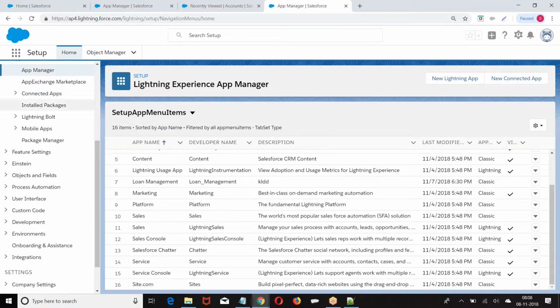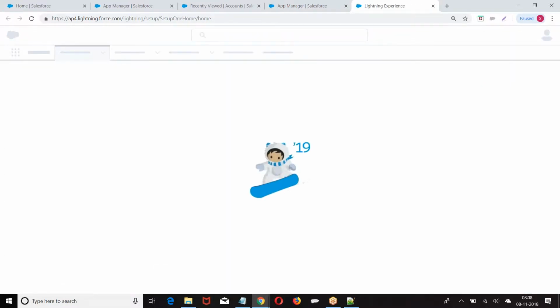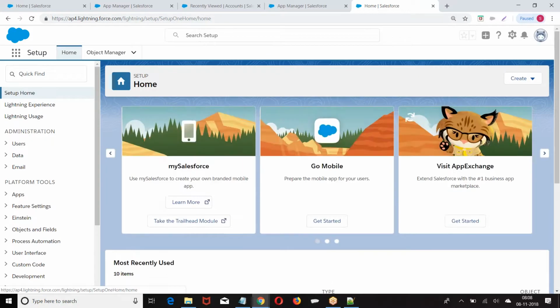We have done this. Now, how many applications you can create? Boss, when you're giving the previous version, in the classic, there is a limit based on edition what you purchased. If you take unlimited edition, unlimited number of applications you can create. Enterprise, 10 application. Professional, 5. That is based on your classic. When you came to Lightning, for any edition, unlimited number of applications you can create. But in the Lightning, they removed that. Everybody can create a number of applications. Was that clear? Okay.